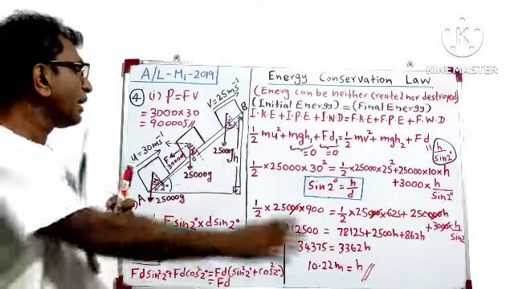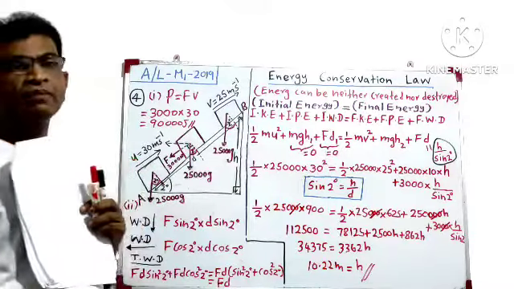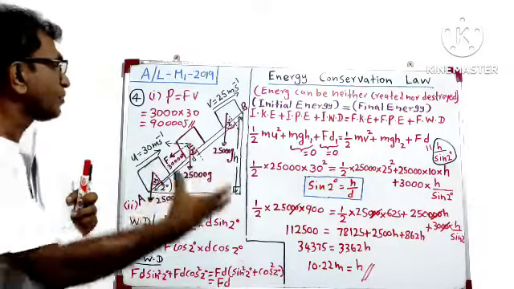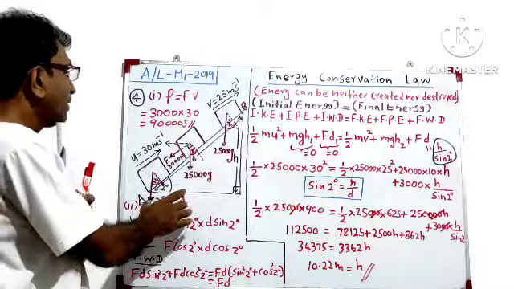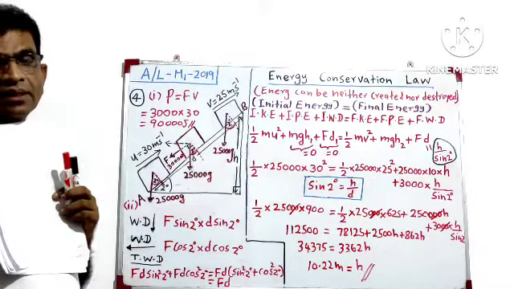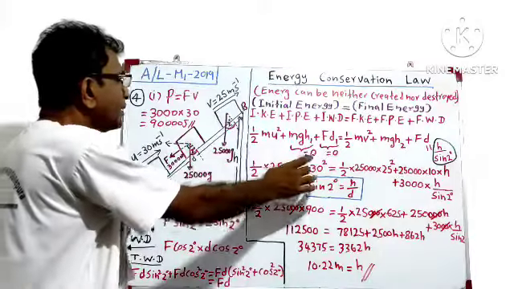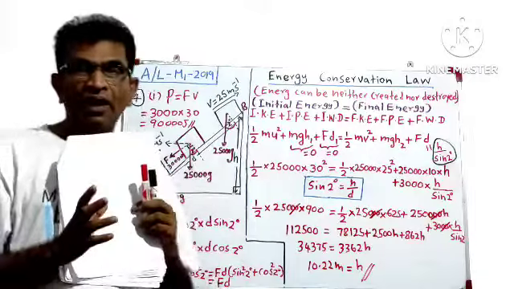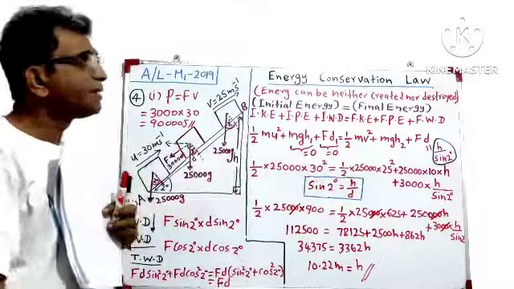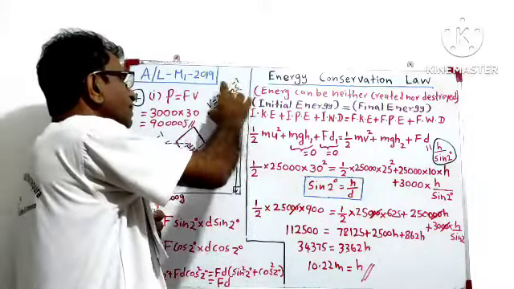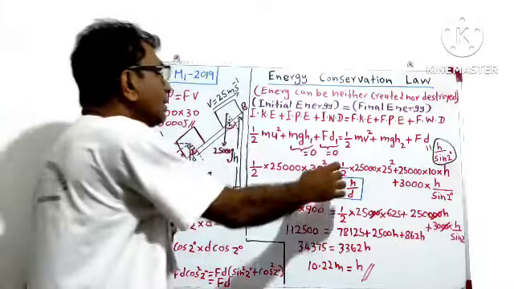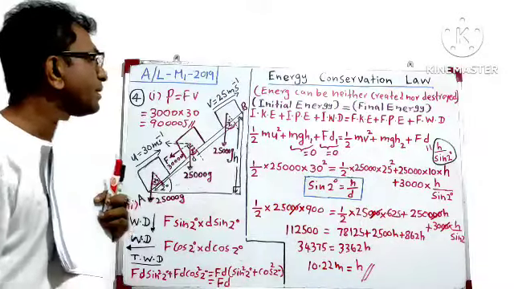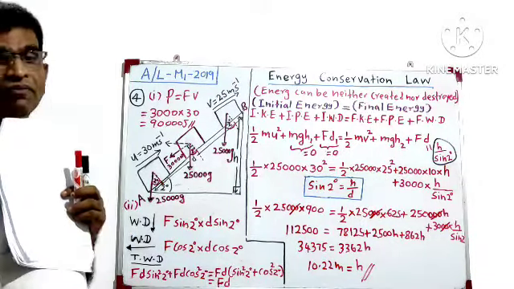Now what is the kinetic energy? You know the formula: half mu². So half into the mass of the lorry, 25,000, and the speed of this vehicle at the beginning, 30, then 30 to the power 2. Then finally, that is very important, what is the final kinetic energy? Due to the final speed of 25 meters per second, half into 25,000 multiplied by 25 to the power 2, plus